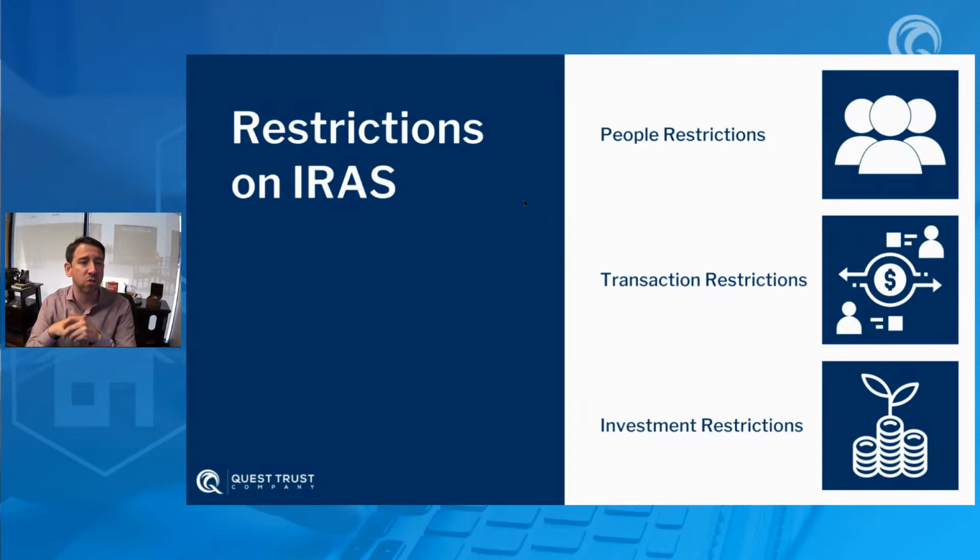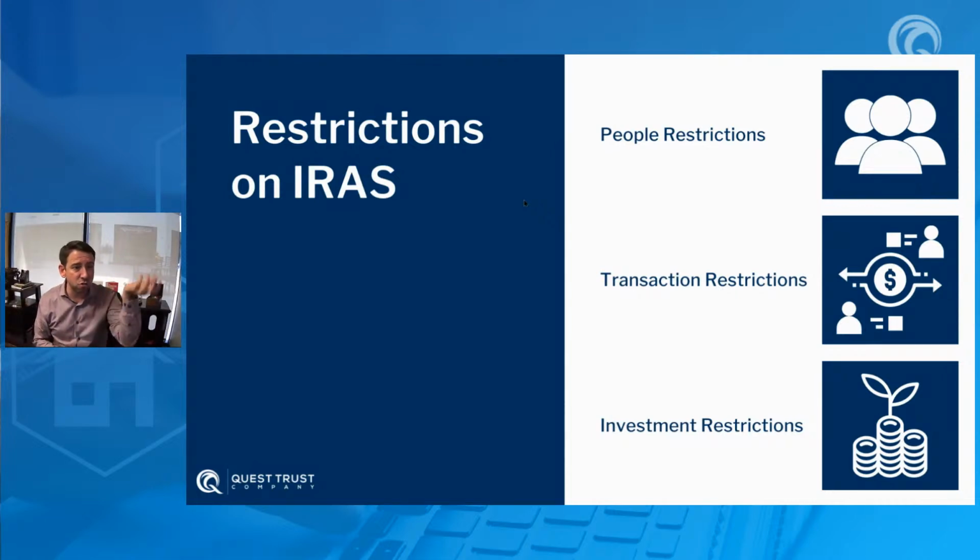And really what it comes down to is I have to think of my IRA as its own entity. I have me, then I have my IRA. I'm going to choose to either do something on the taxable side or the non-taxable side. I can't combine these two things, right? It just doesn't work. So if I'm going to go buy a house, it's either going to be in my name or my LLC's name, or it will be in my IRA's name. I cannot commingle these two.